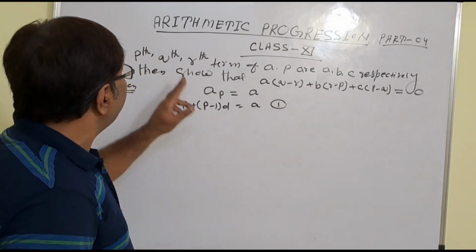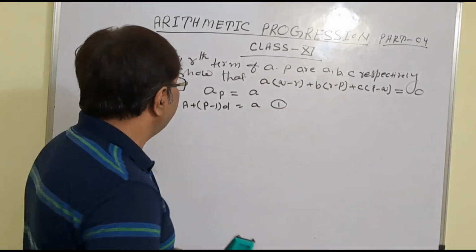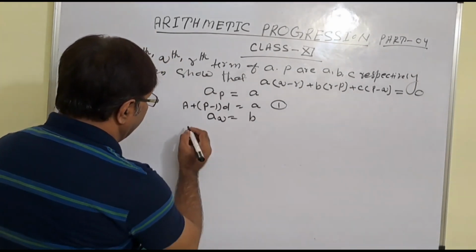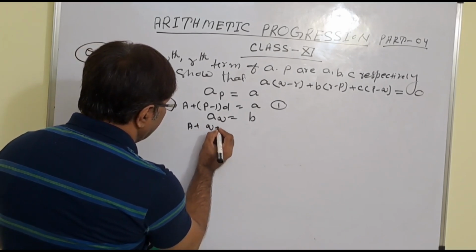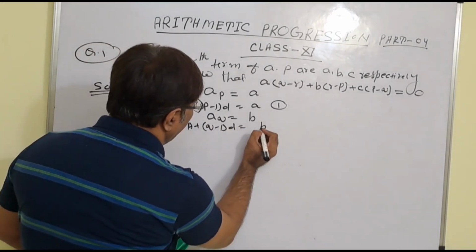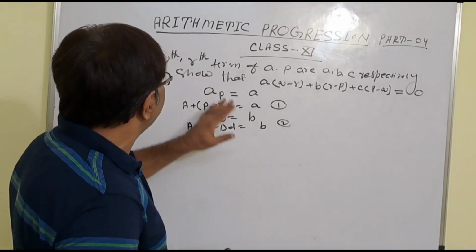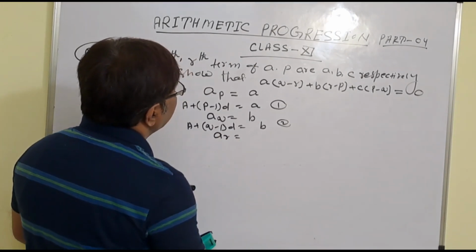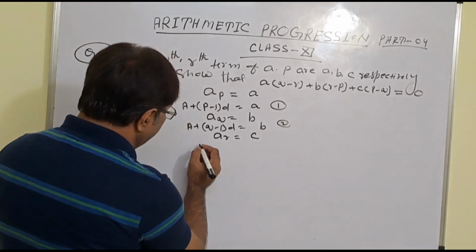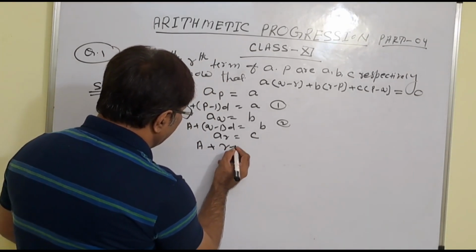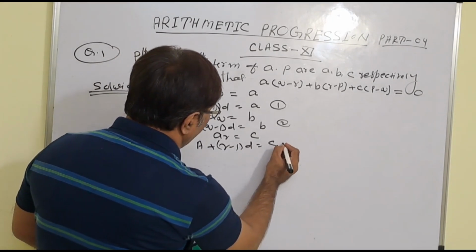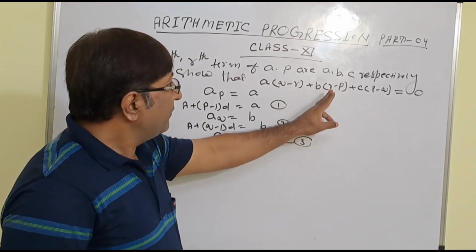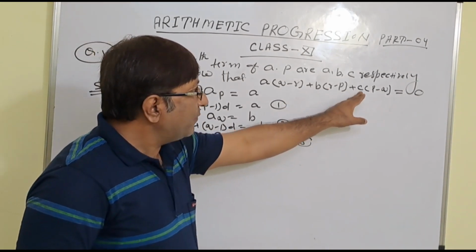In the same way, the Qth term of the AP is b. That means the Qth term equals b. Again the formula is A plus (Q minus 1) into D equals b. Again it is given the Rth term of the AP, that is a_R, which is c. So the first term is A and n is R: A plus (R minus 1) into D equals c. Now we have to show a(Q minus R) plus b(R minus P) plus c(P minus Q)